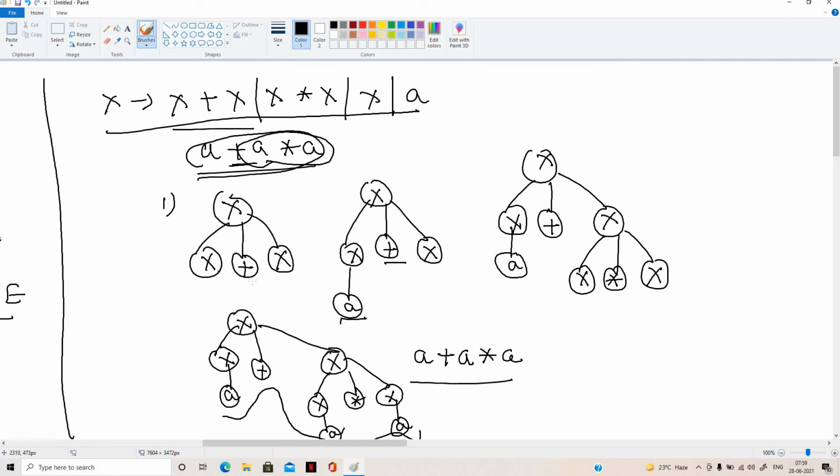So I got this one, and then x is replaced with a plus, I got it. Next our intention is to derive a into a. For that I can use this term. So x into x I replaced, and after x is replaced with a, finally I got this one. So this is about leftmost derivation. Similarly we can go with rightmost derivation.